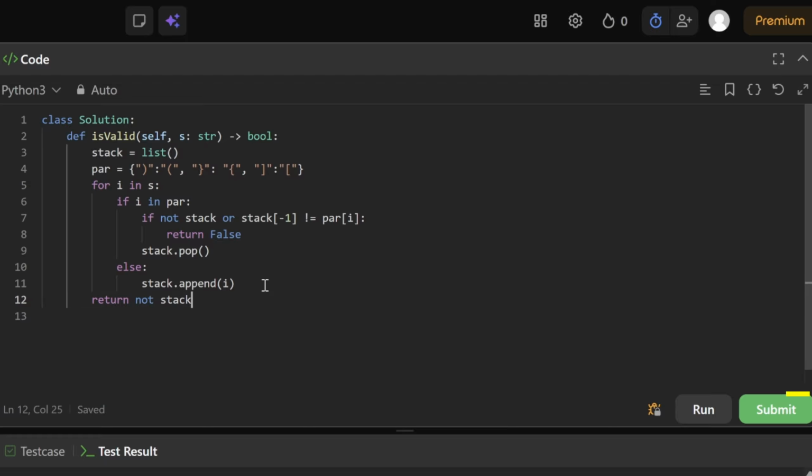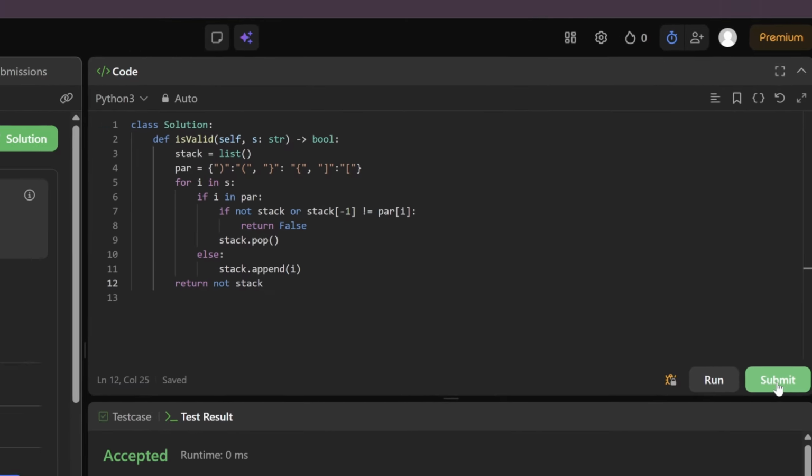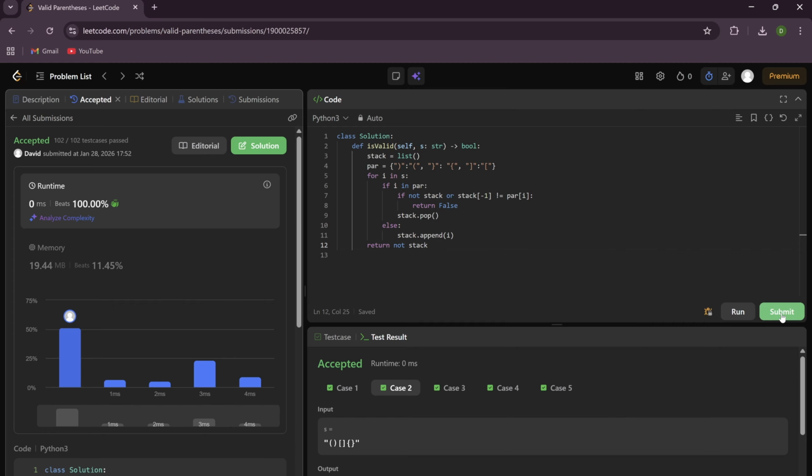So let's submit the solution. As you can see, this solves the problem in 0 milliseconds and beats 100% of people. But there's a small problem here. This is actually not consistent. Sometimes it may beat 100% and sometimes it may not. I ran this several times, and in a couple of them it didn't beat 100% of people. And that's because